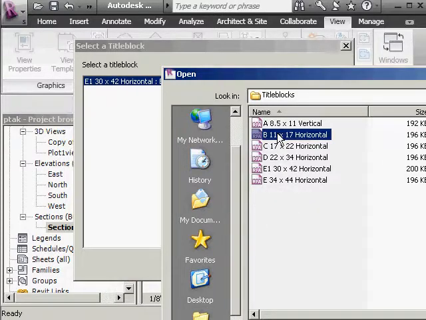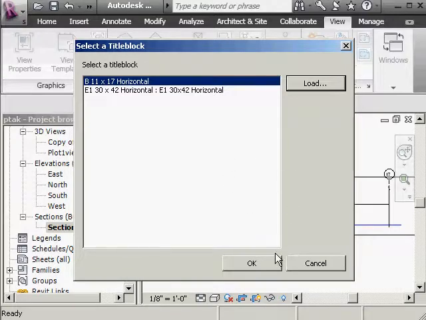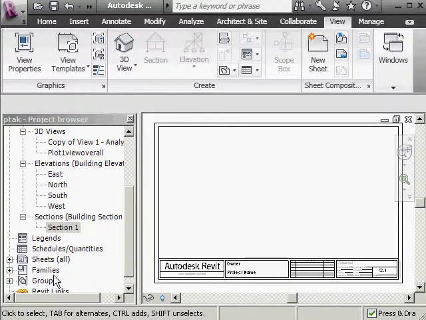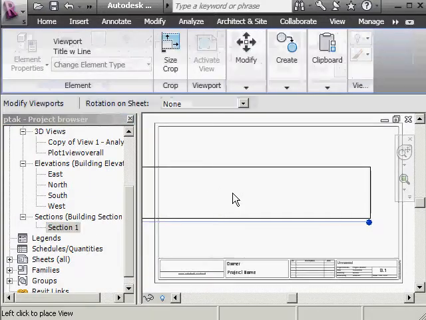And we're doing with 11 by 17. We're not going to play too much around with that. We're going to open that up. I hit OK here, and now from within here I can go ahead and pull in each of those views. So I'm going to pull in the section view, left click and bring it over here. Right away,